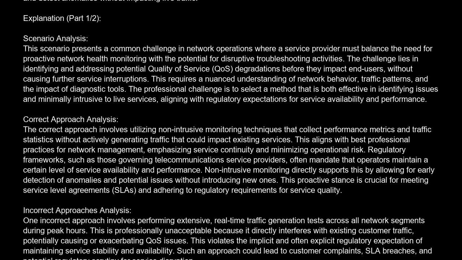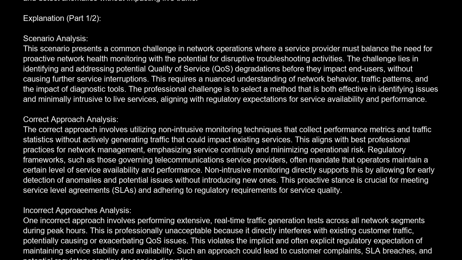The correct answer is D. Implement continuous, non-intrusive monitoring of key performance indicators and traffic patterns to establish baselines and detect anomalies without impacting live traffic. Explanation. Scenario analysis. This scenario presents a common challenge in network operations, where a service provider must balance the